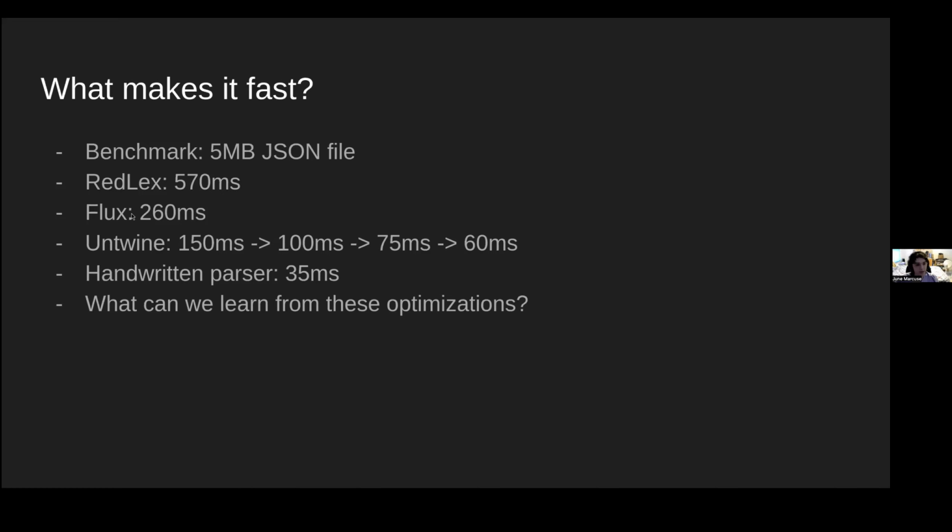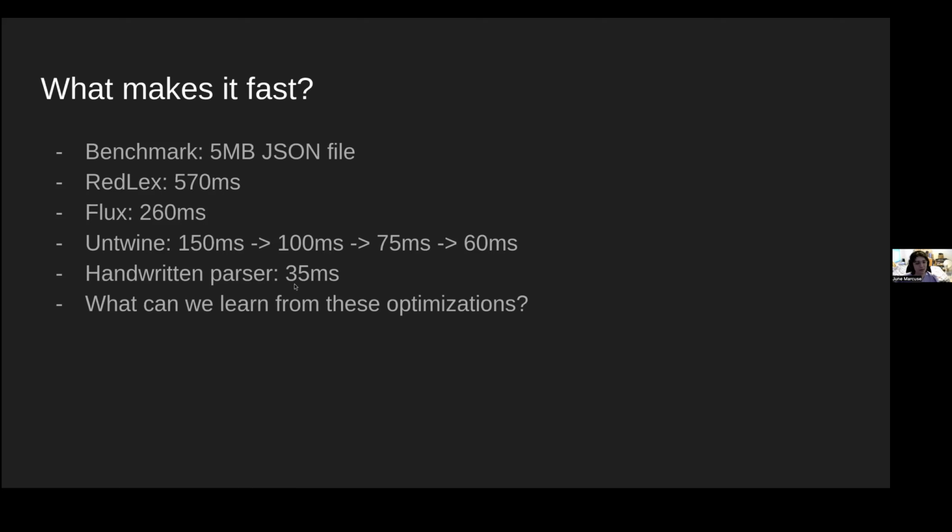Flux took 260 milliseconds, a quarter of a second. Untwine, when I first wrote it, took 150 milliseconds, and I was able to optimize it with 3 optimizations down to 60 milliseconds, whereas a handwritten parser can do it in 35 milliseconds. So Untwine is about half as fast as a handwritten parser.